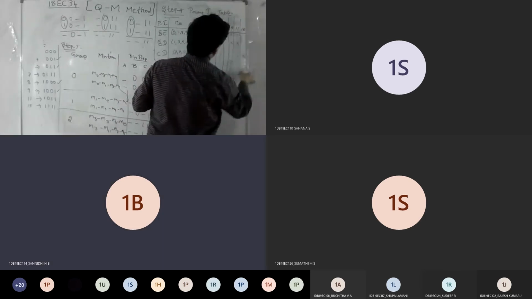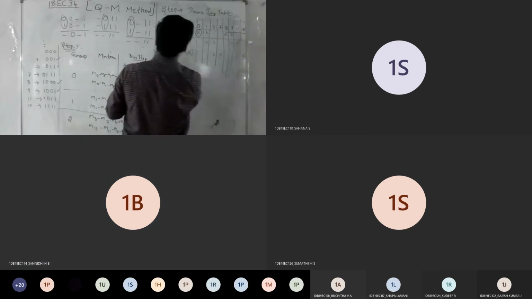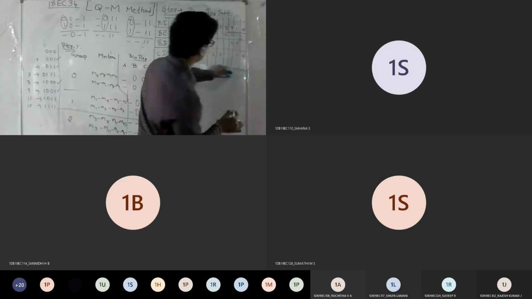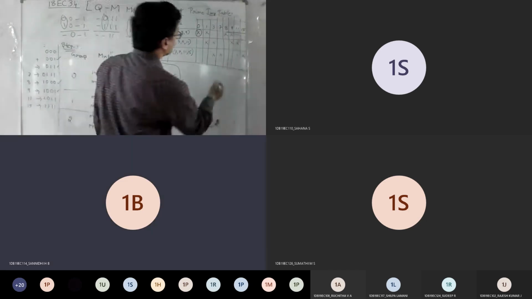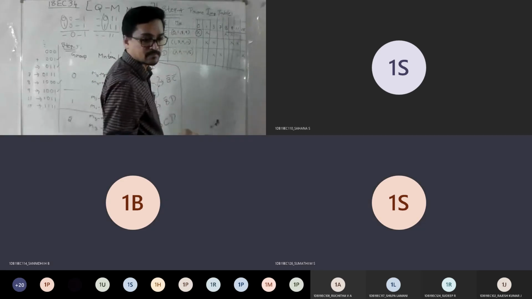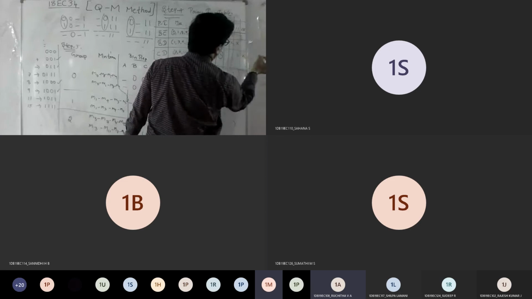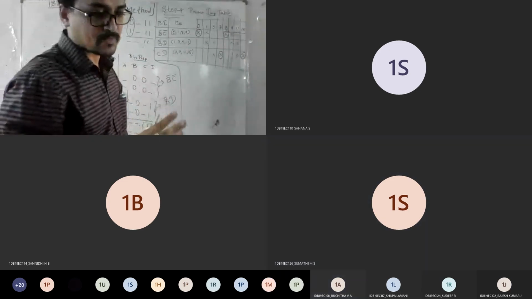I'll just write the table now. So I hope now it is clear. Let me complete the table. You need to write a table like this so that it will be helpful for you. You should not make any mistakes. 8, 15. So 7 also. 7, 8, 15. 7 is there, 8 is there, 15. So you have only 4. Correct?